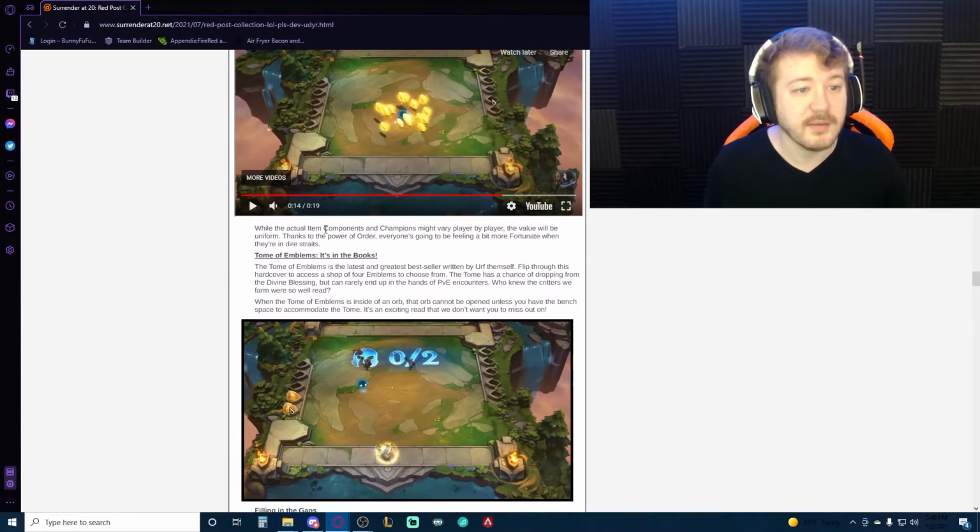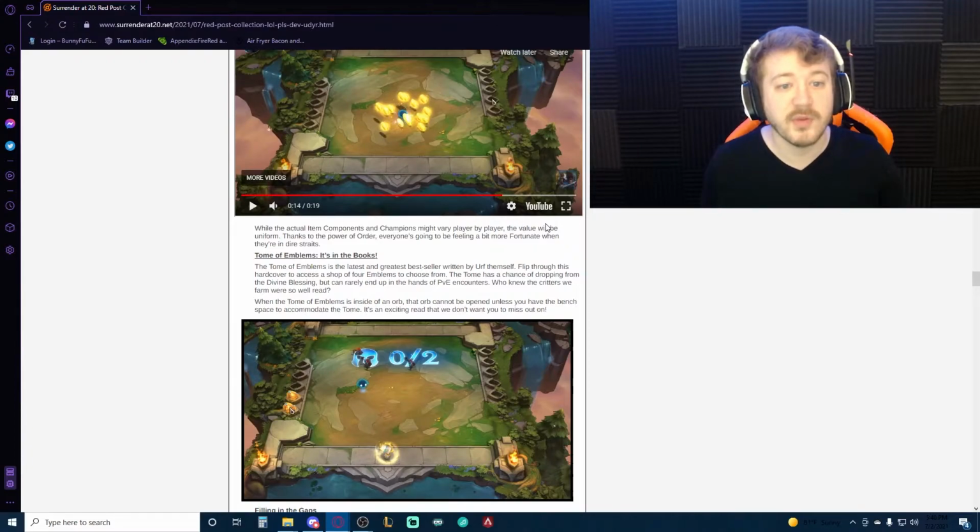With the actual item components and champions may vary from player to player, the value will be uniform. So you're always going to get roughly 15 gold worth of stuff. Thanks to the power of order, everyone's going to be feeling a little bit more fortunate when they're in dire